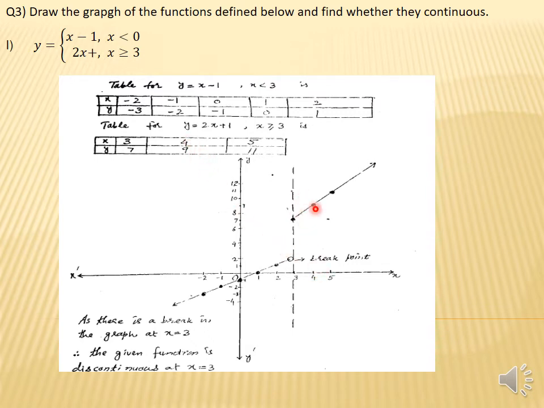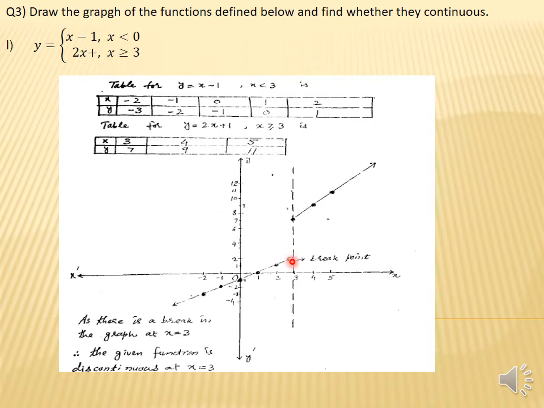And what will we get? 4. And on 4 what will we get? 9. So we can mark the point. On 5 what will we get? 11. But student, memorize one thing, for this interval my 3 is not included, but for this interval 3 is included. So we can